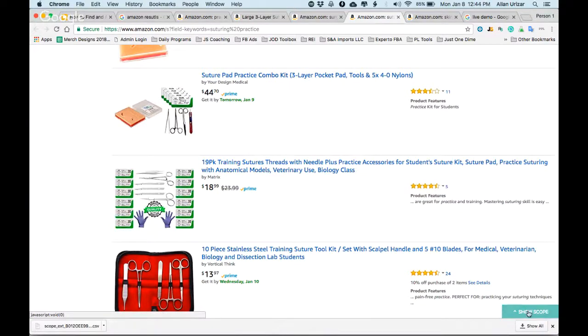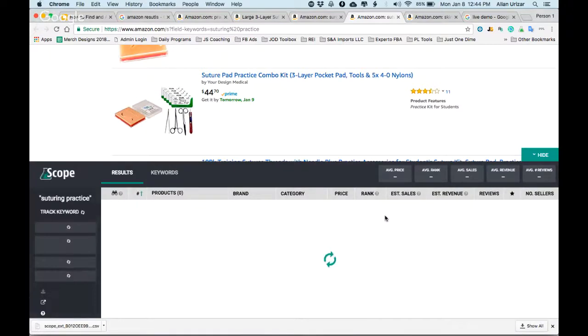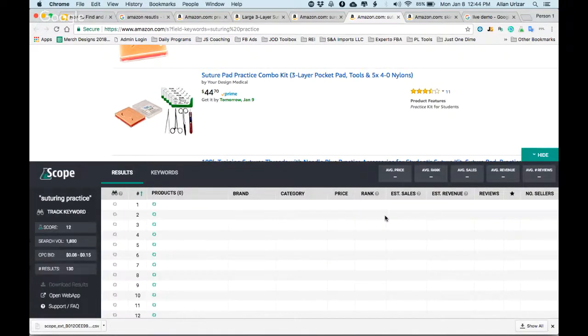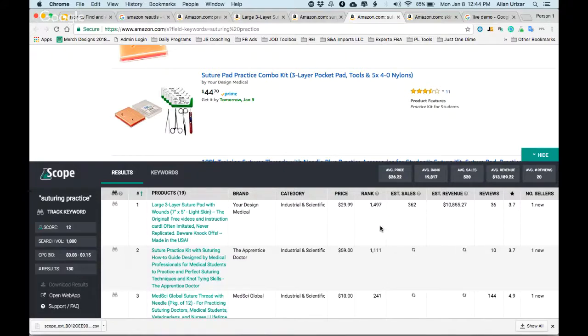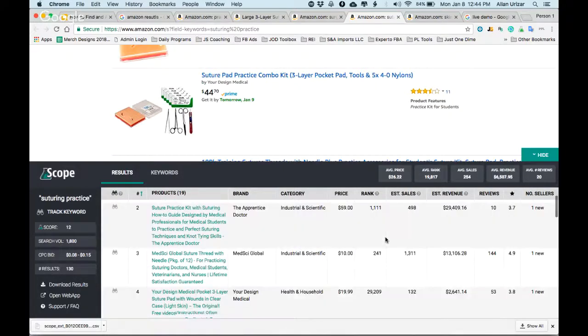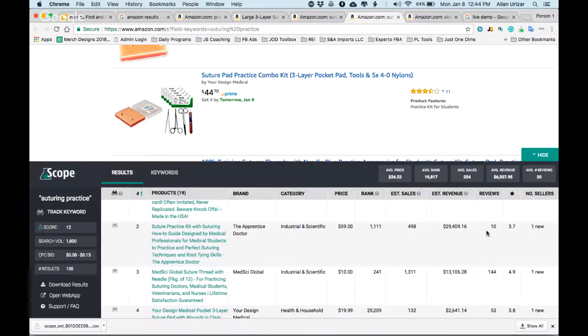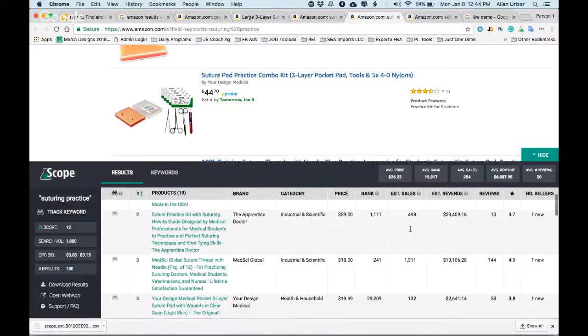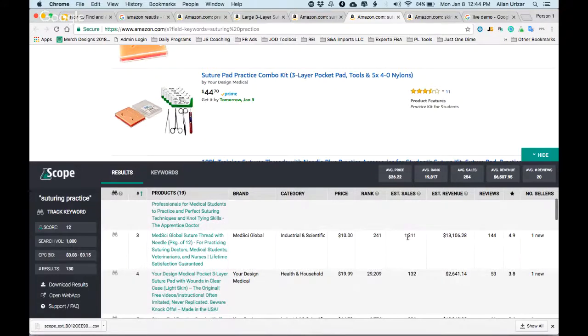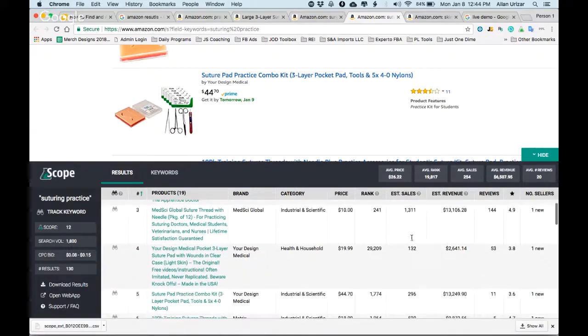And one of the tools I use is Scope. You can use Jungle Scout, but if you don't have it, you don't have to buy it. Scope will give you the Chrome extension for free, so you can just install it and you can analyze keywords, and they're gonna give you the sales for all of them. So you can see right here, estimated sales 360, 498, almost 500 with 10 reviews. With 10 reviews, this person is making 500 sales a month. This one has 144 reviews, over 1,300 sales,